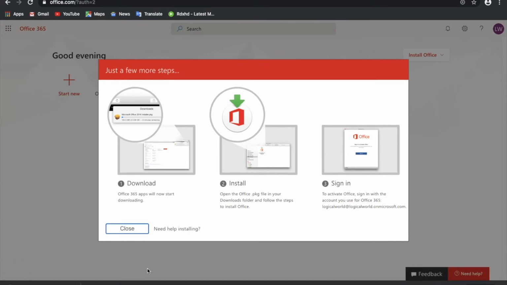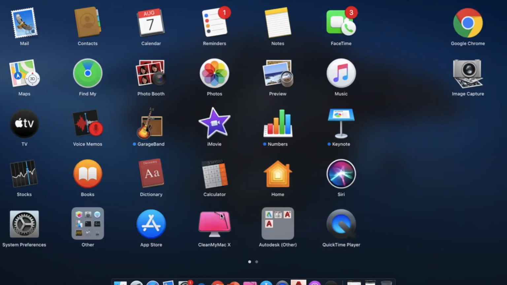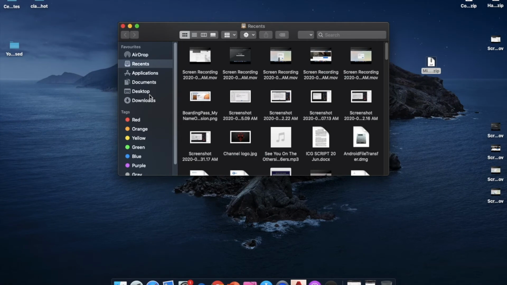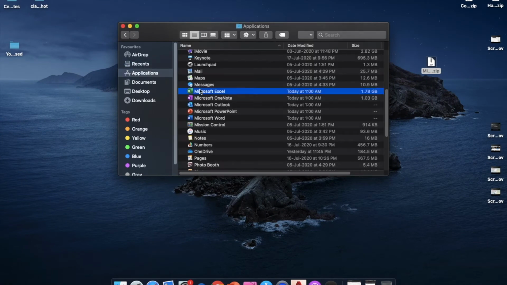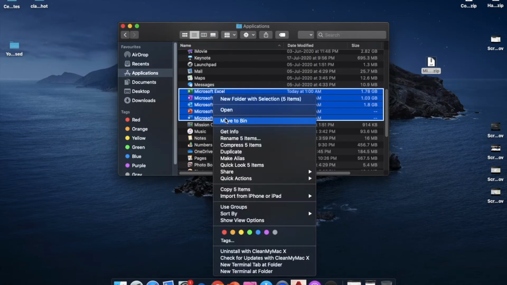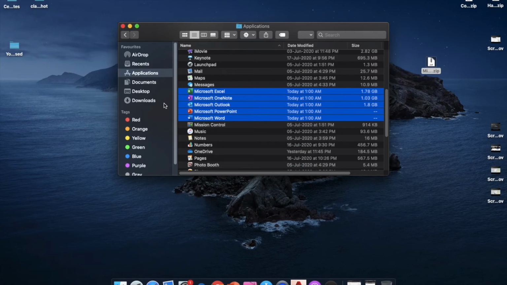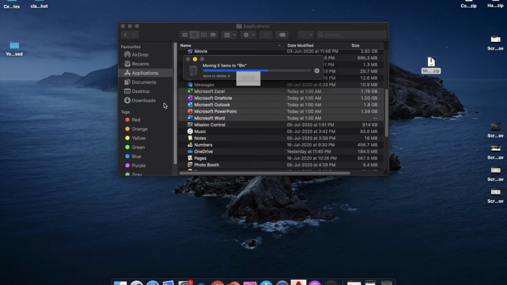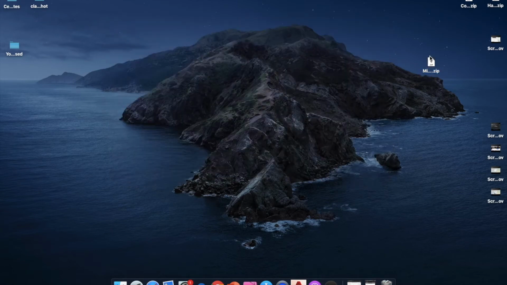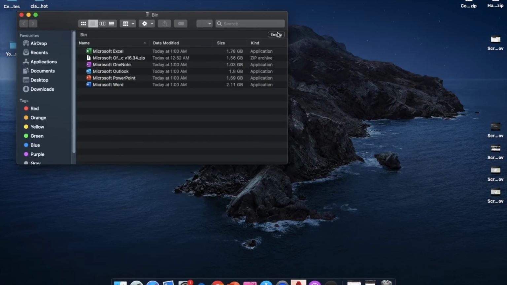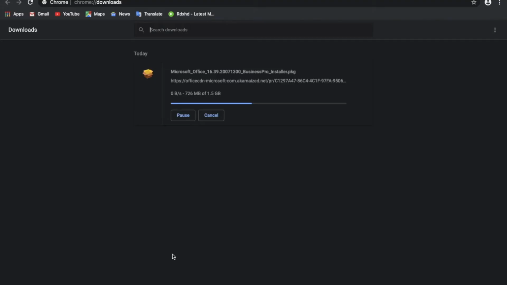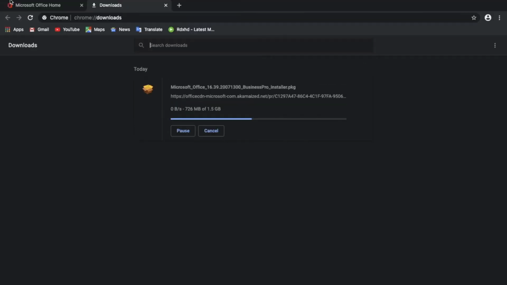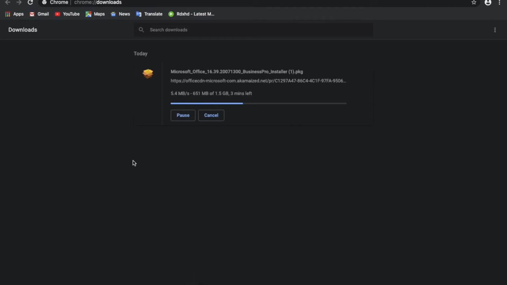Okay. See, in my PC I already have these apps, so I'm deleting them in front of you. Okay, selecting all the apps, then writing my password for iMac. After writing, all apps are deleted. Also a zip file is deleted. See, emptying. It's still downloading. Due to the internet it stops, but it's downloading. Just wait for some time.